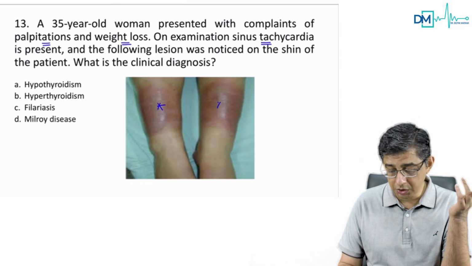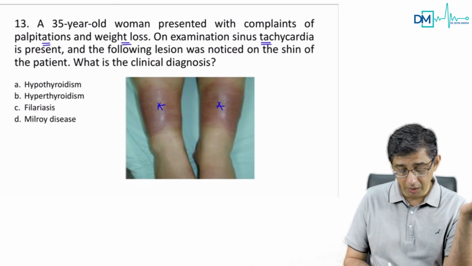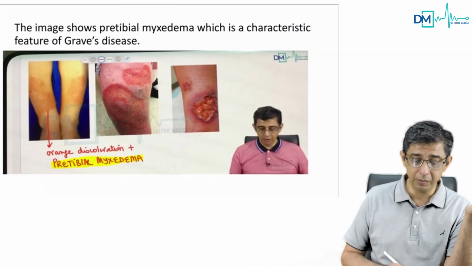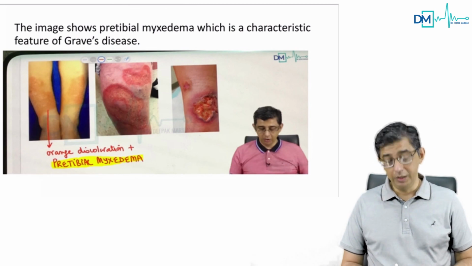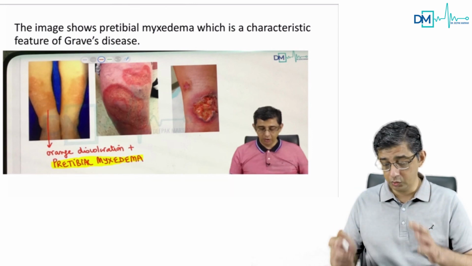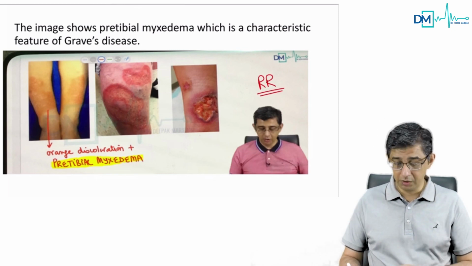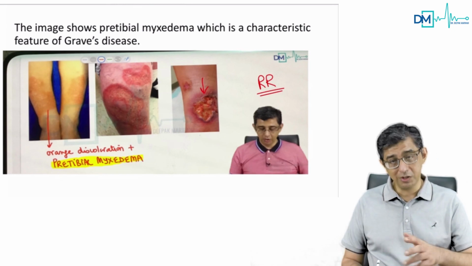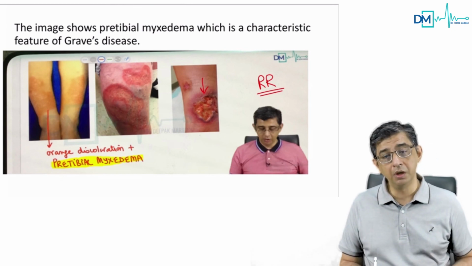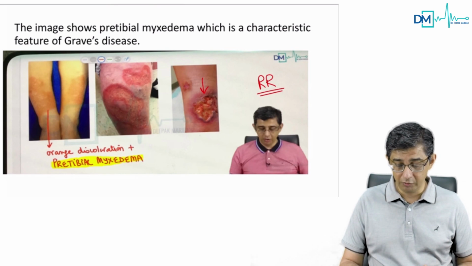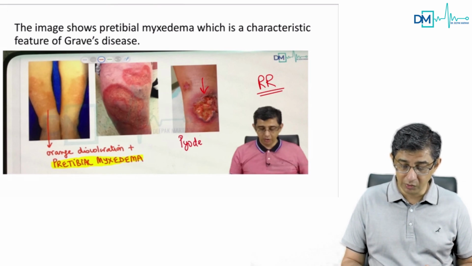On the shin of the person, what is the lesion, man? You can see in the rapid revision part, I have highlighted lesions on the shin. In fact, if you just go through this one slide of RR, I can assure you that in the GI section, two questions can be solved here. One question will come later. This is the exact or possible image of a lesion on the shin of an ulcerative colitis patient. That would be a lesion by the name of pyoderma gangrenosum.